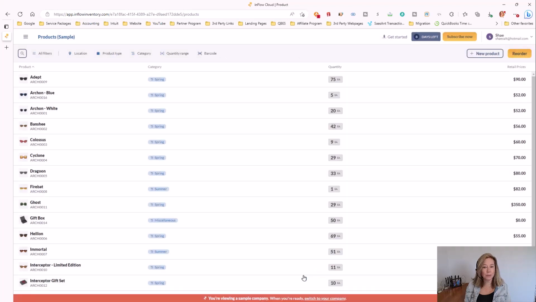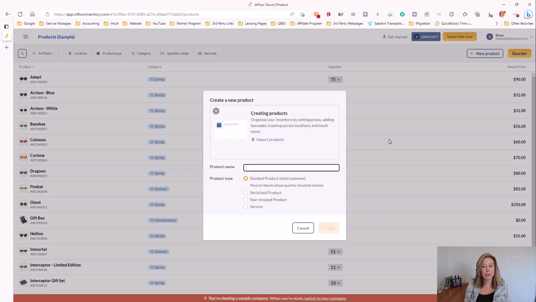Now, let's choose New Product to start the process of creating a product. Keep in mind, you can import products through a CSV format from the Import section from the home page if you have many products to enter at once. Otherwise, start with the product name you would like to create. This can be either a name and/or number, depending on how you want to search for the particular product or